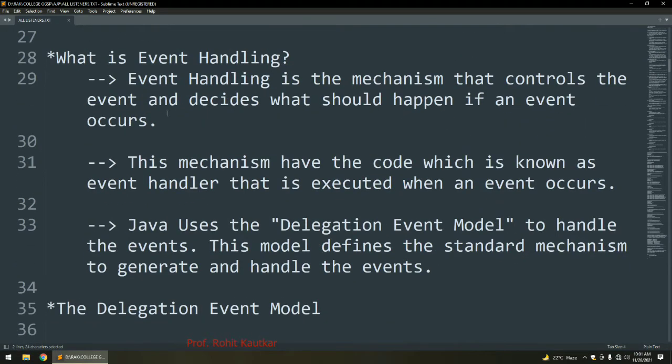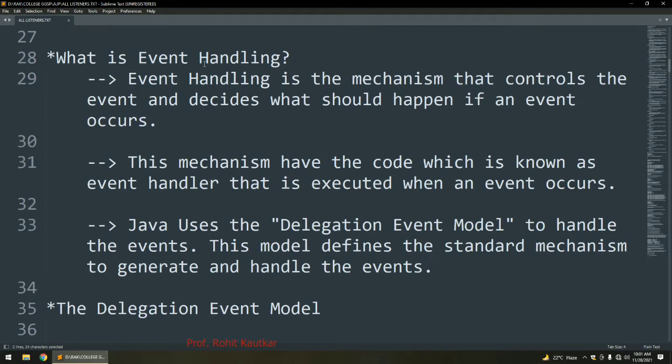Now try to understand what event handling is exactly. Event handling is a mechanism, a procedure that controls the event. What should happen whenever an event occurs is decided in the event handling process.